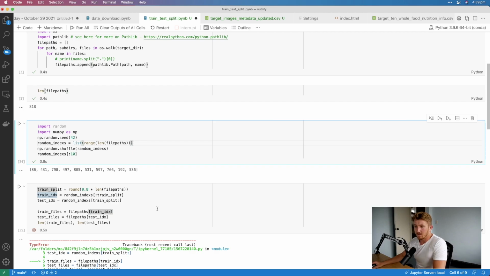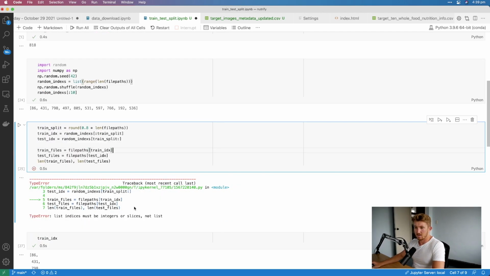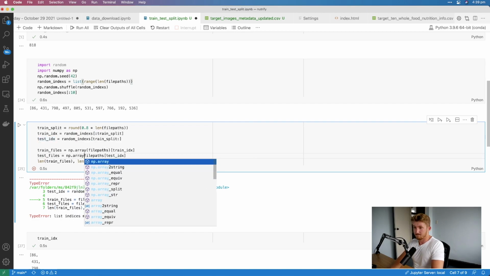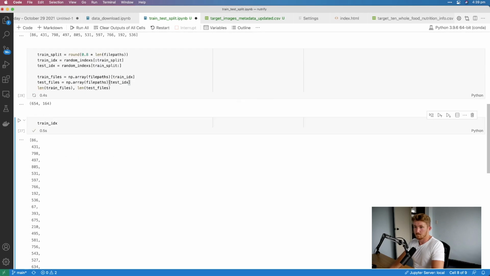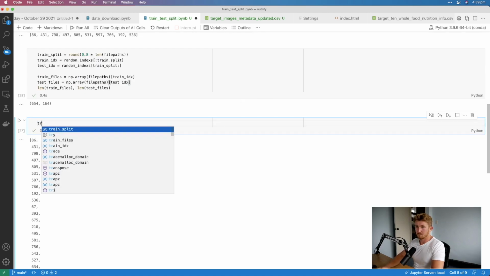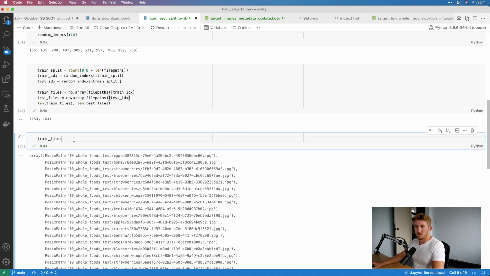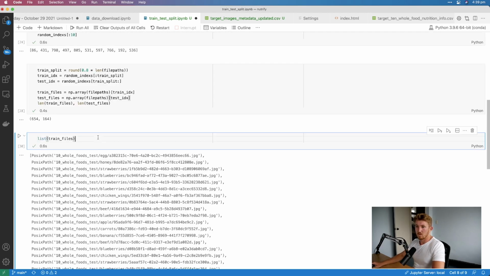We can index on this. How do you unlist a list? Unless we turn file paths into an array. There we go. We've got test and train. Okay, now let's